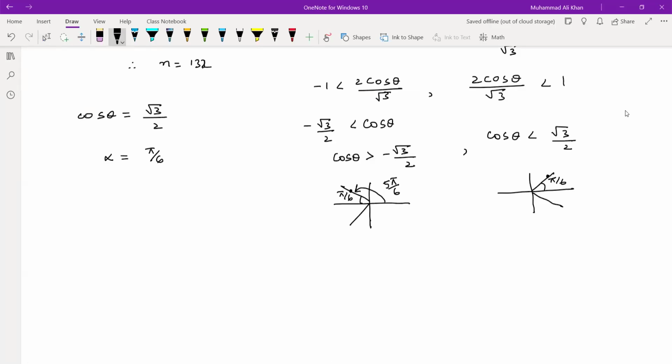So according to the negative diagram, we have pi by 6 here. According to the positive diagram, we have pi by 6 here. इन दोनों डायग्राम्स को मैं कंबाइन कर रहा हूं जनाब। यहां पर आया हमारे पास pi by 6, और यहां पर हमारे पास आया pi by 6। According to this, ये जो एंगल आ रहा है हमारे पास, ये कितना बन रहा है हमारे पास, दिस इज 5 pi by 6।